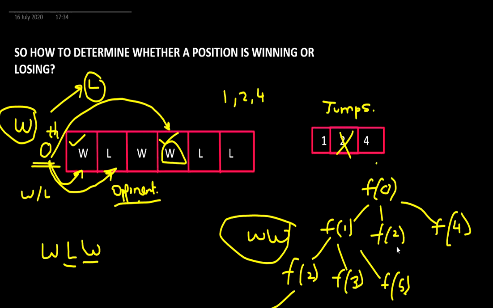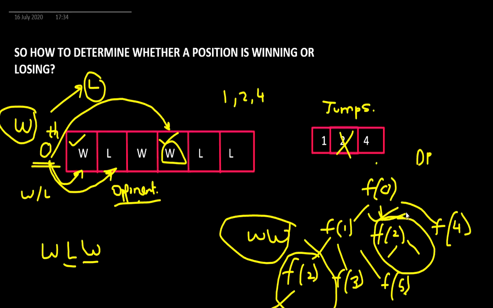There's one important observation too, that some of these calls are getting repeated. As we can see, f of 2 is getting calculated here, but it's again getting repeated here. Similarly, there will be other repetitions too if the size of this call stack would be greater. So what can you think of right now? Yes, you are right. We'll have to incorporate dynamic programming in order to memorize these results.